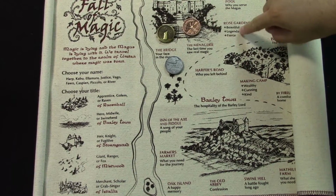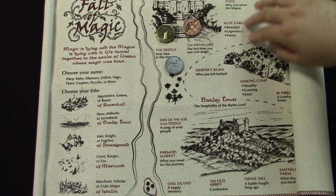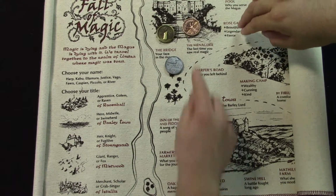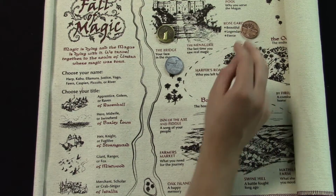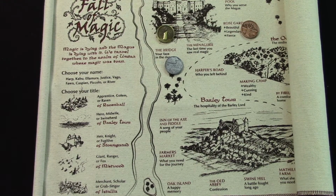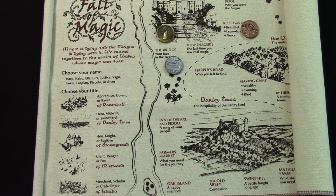And then so these would be the Rose Garden, which has these little plus signs. Right. So just to illustrate, Vago the Ranger of Mistwood travels to the Rose Garden, and then Drake takes away. And so he arrives in these Rose Gardens, and